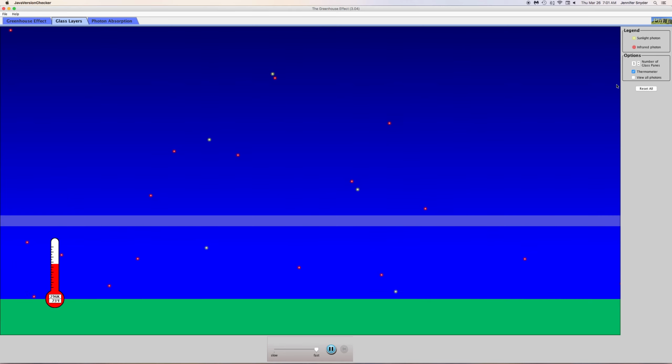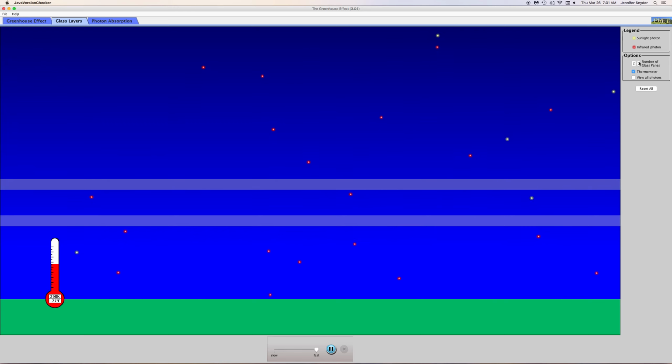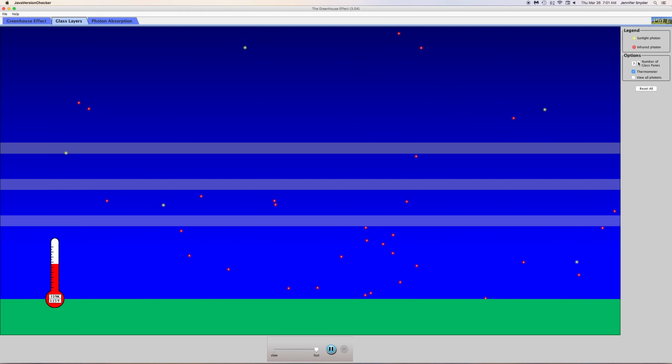Also take a look on the bottom left. Now our temperature is 71 degrees Fahrenheit. I'm going to change up to 2 glass panes. Give it a second to see what's our new temperature. New temperature is 88, 89, 90, 98, 100 degrees Fahrenheit, 104, still rising. And then if I add a third layer of glass,